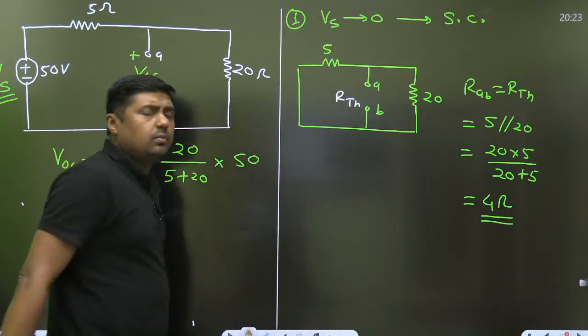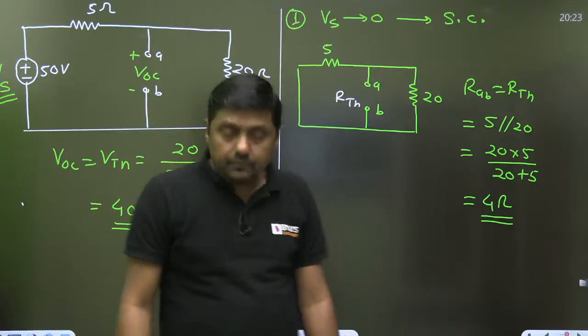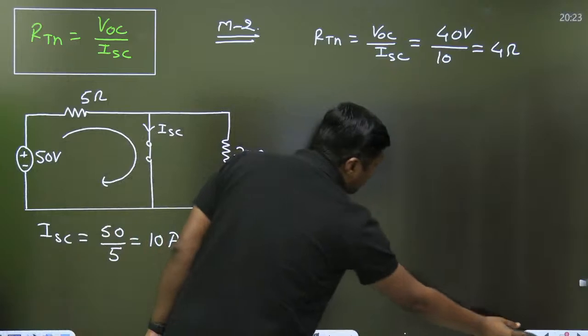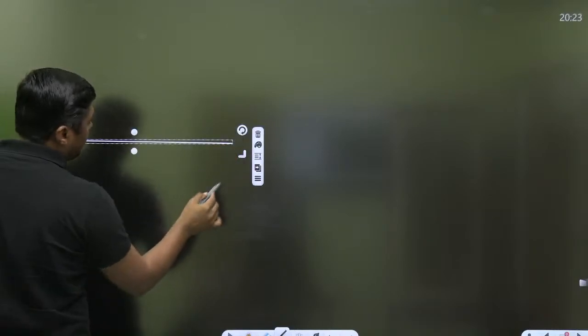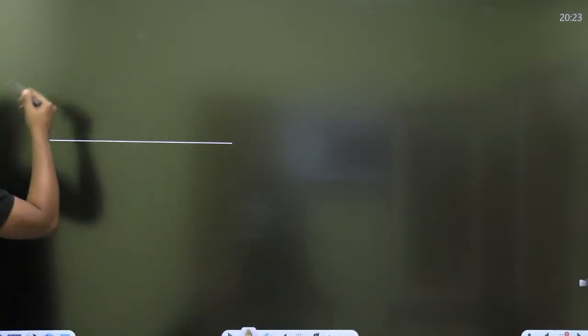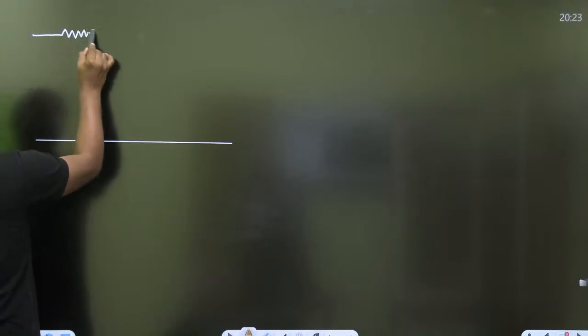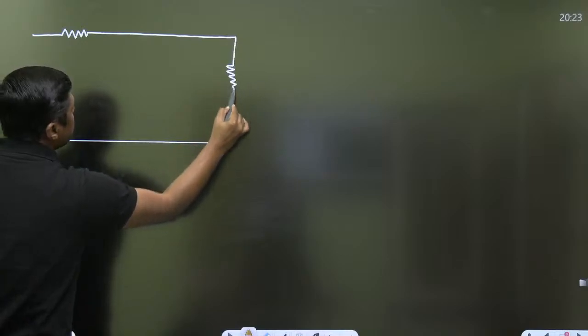First method, directly calculate the R equivalent at this point, and that is called RTH. These two resistors are in parallel. Third method, very simple method. In third method we are using independent sources, but we can use that method here also, dependent, but it is more appropriate with the dependent sources. For example, if I want to calculate the resistance